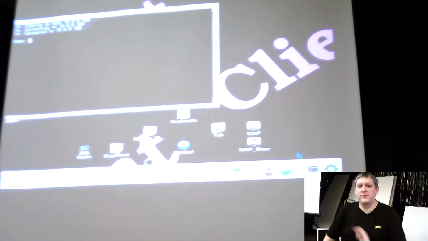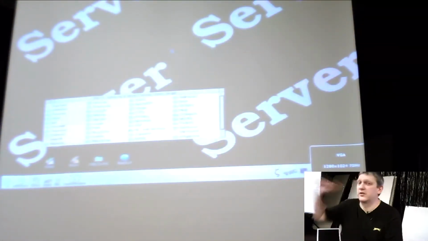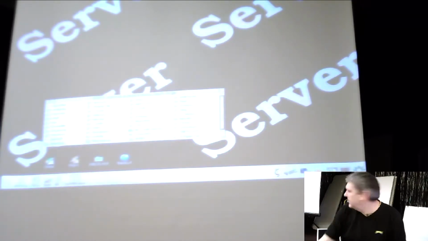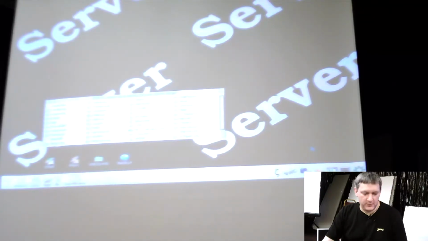So there is no visual on the server side for this. If we jump back to the server side, with the connection I've made, there's nothing changed on the screen except down here on the icon bar, that's gone sort of yellow and orange to show there's a connection. Okay? If I jump back to here,